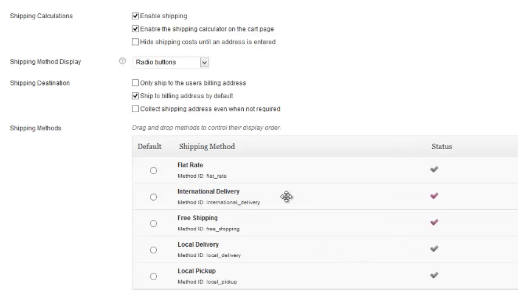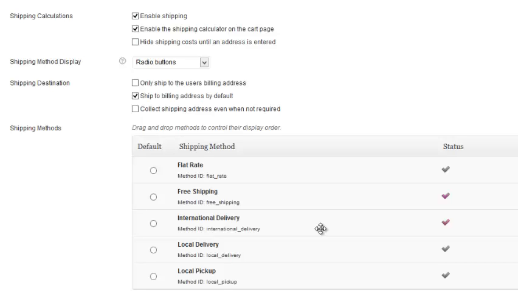I can drag and drop that. That would change the display order to the customer, but if they're in the US, they're only going to see the free shipping option because I excluded the international. So this probably won't make a big difference here, but if you had multiple shipping options, it may make a difference.